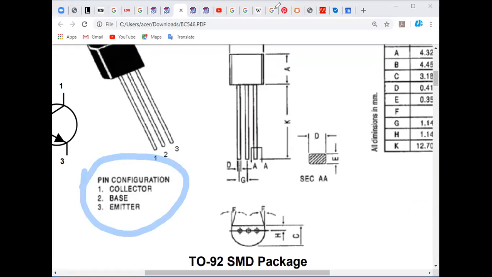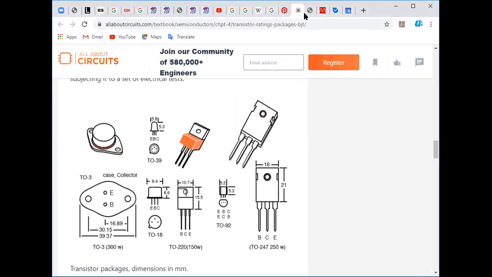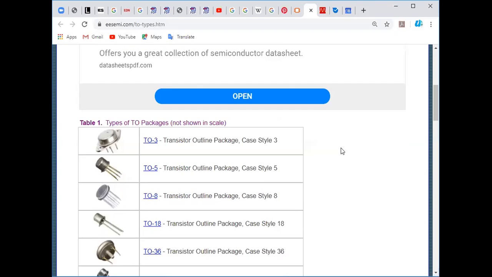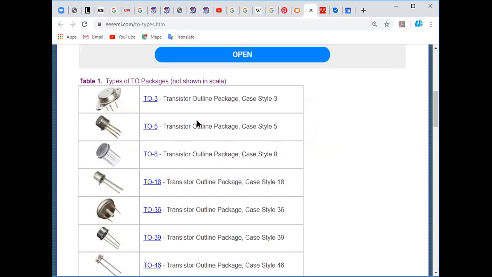Right. Let us go to the transistor packages. How many types of packages are there? TO packages.